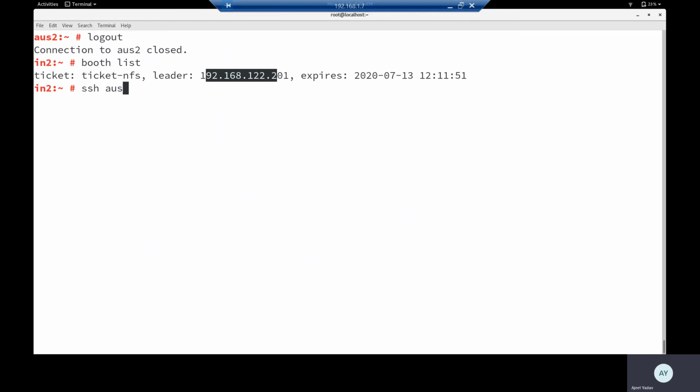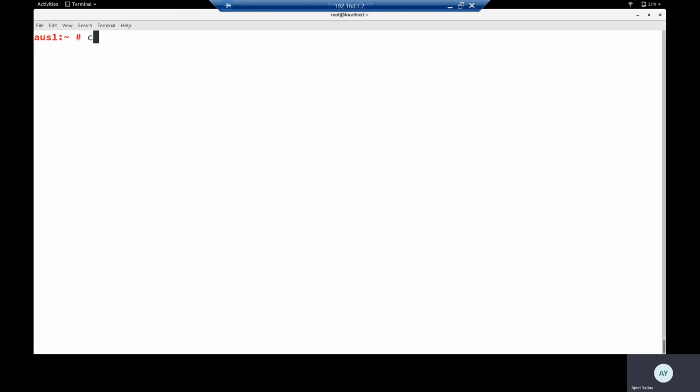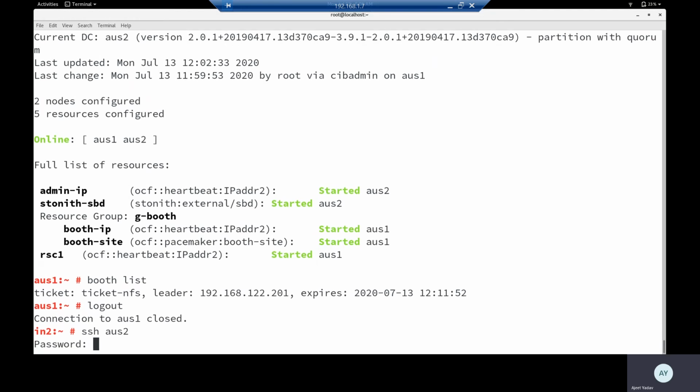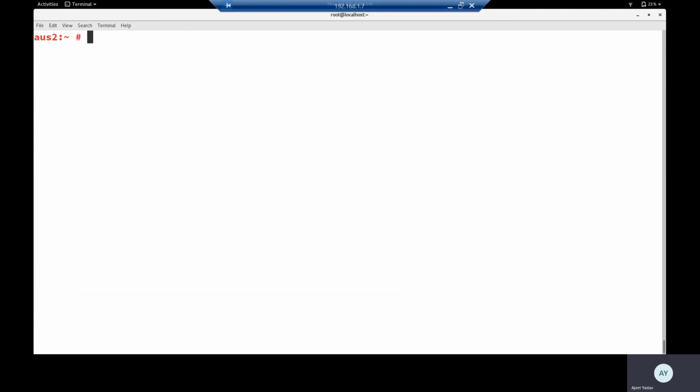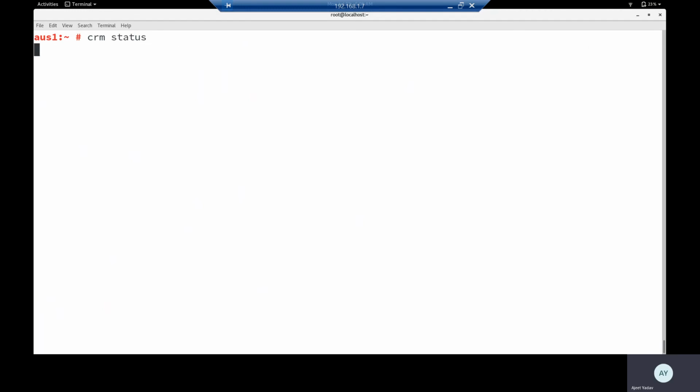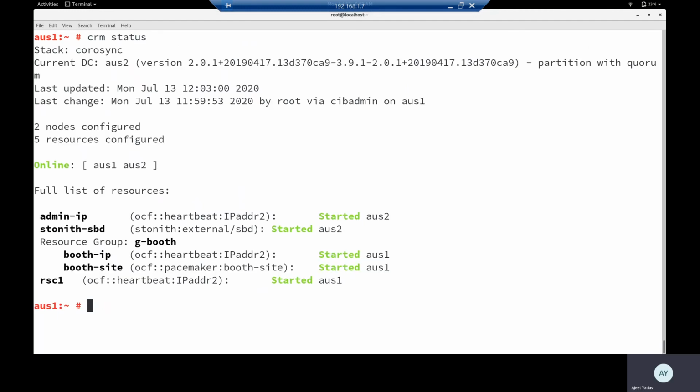If I go to my Australia 1 and run crm status, the resource is running and the leader is this. I have this ticket.